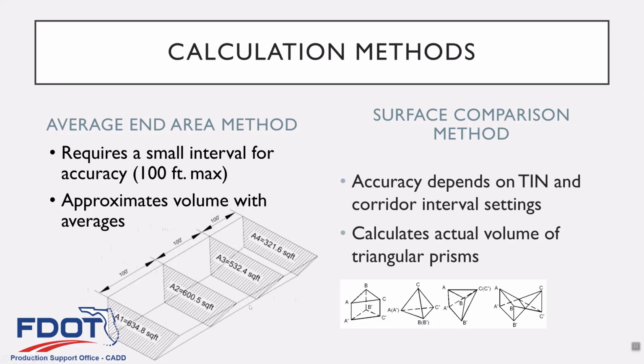Whereas the average end area method is something that originally could have been done, I don't know the history of when it started to be used, but it's certainly something you can do completely by hand without even using a computer. You can just punch it into your calculator if you want, and some people may do that to check the volumes, even scale it off plans, write down the numbers and sum them up. It's certainly easier if you have fewer cross sections, but you're always going to have a lot of triangles in the surface comparison method. So you pretty much need the software to do that for you.